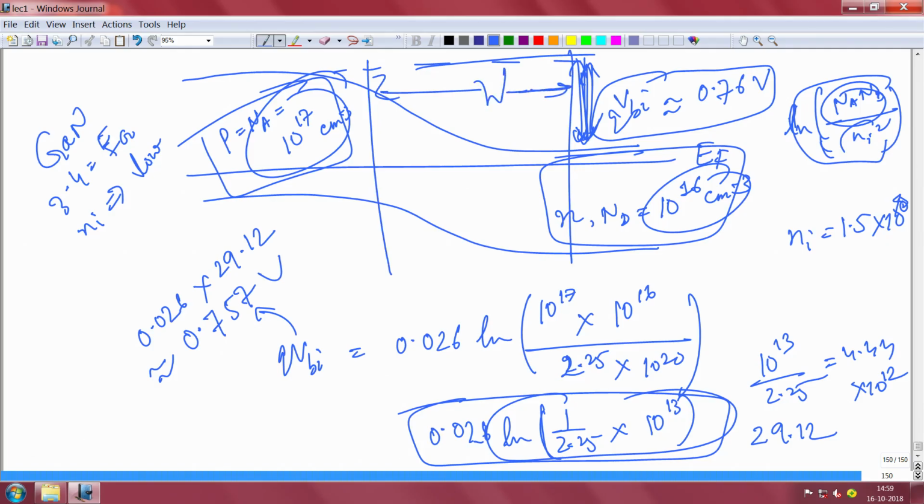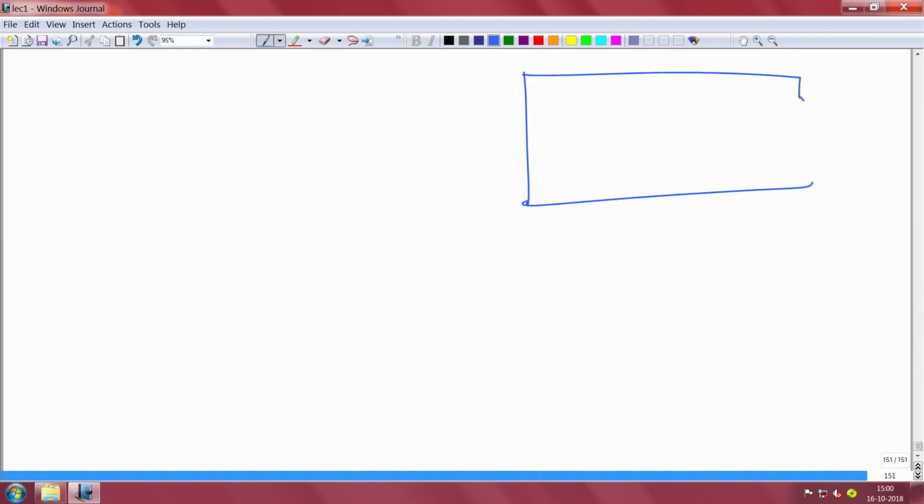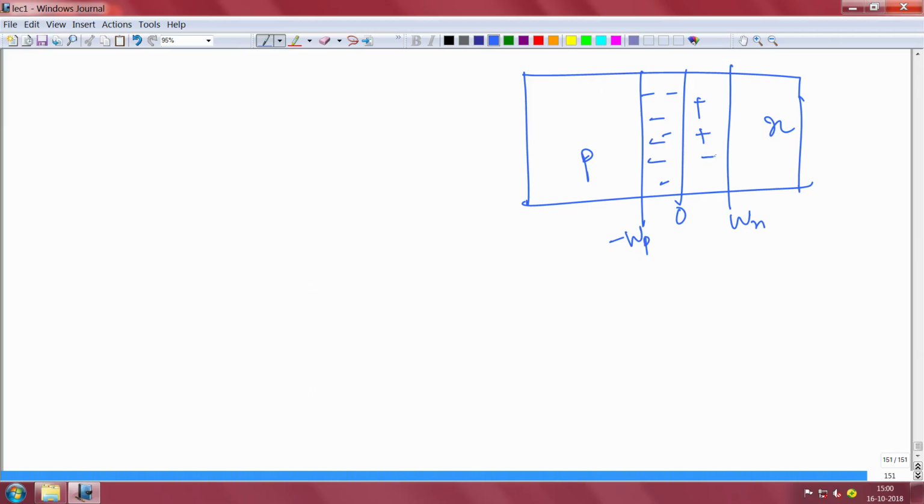The length of this depletion region, or the width you can say, is very intricately connected to the built-in voltage. If you recall the block diagram, this is your p type, this is the n side. I told you the depletion extends on both sides a little bit. This is minus Wp, this is 0, this is Wn, so it has extended to this side and to this side. This is all negatively charged acceptor ions, this is all positively charged donor ions. The charge is neutral here, and the charge also has to be neutral in this.